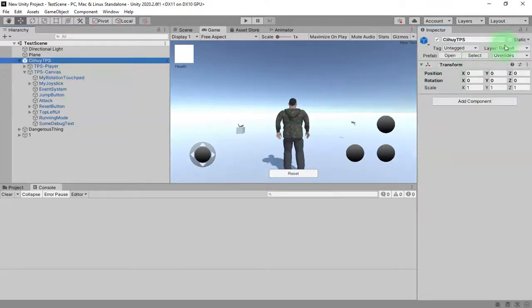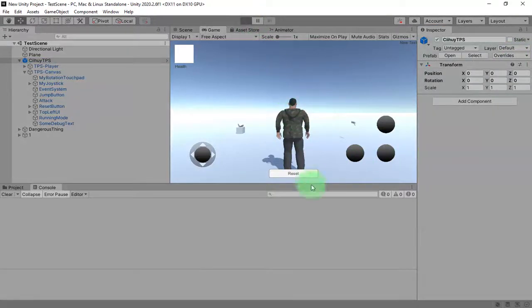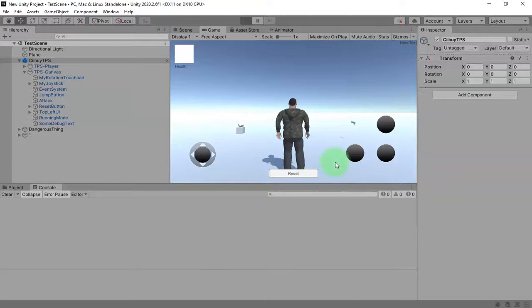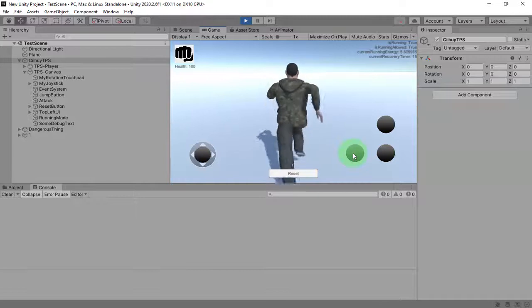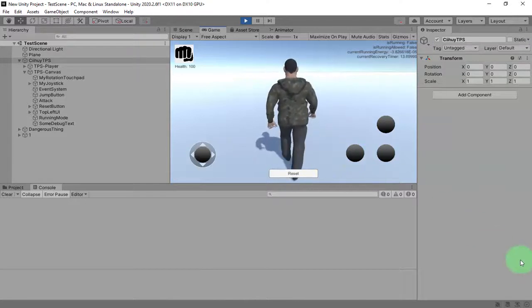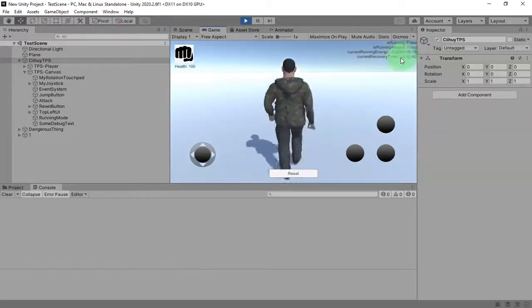Then I need to override the prefab. We can test it. Let's run for 10 seconds, and then we need to recover for 15 seconds to be able to run again. Okay, now I'm getting tired. I'm walking. Now when it has reached 0, I can run again.